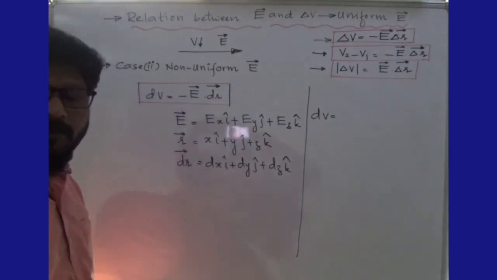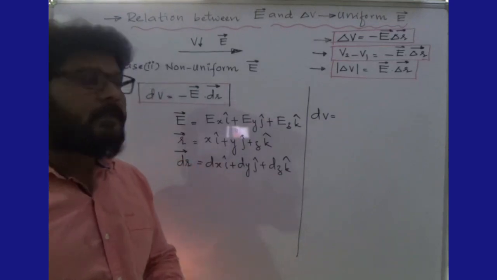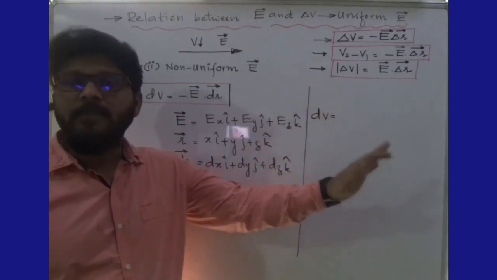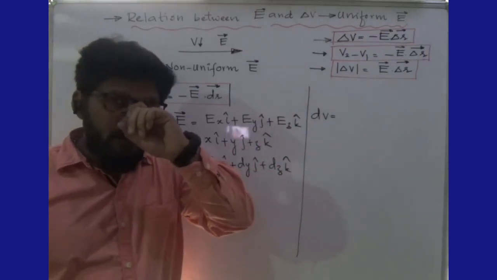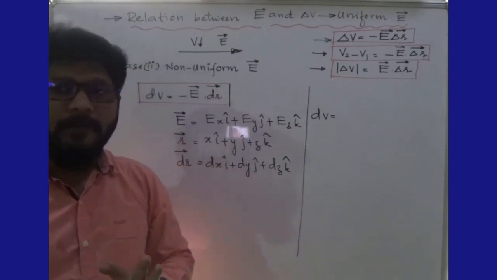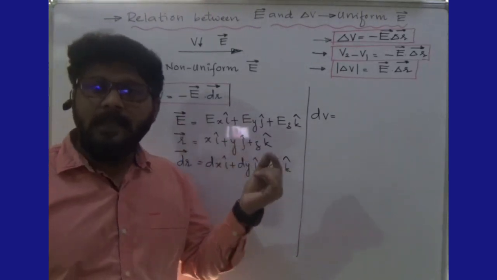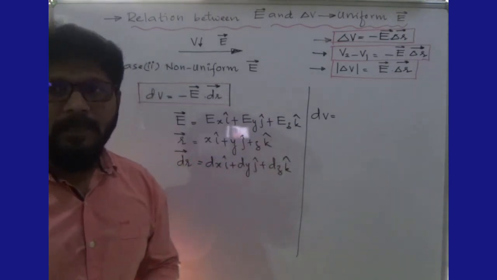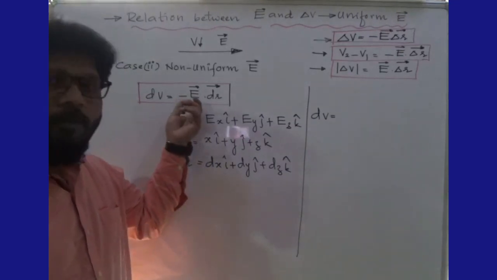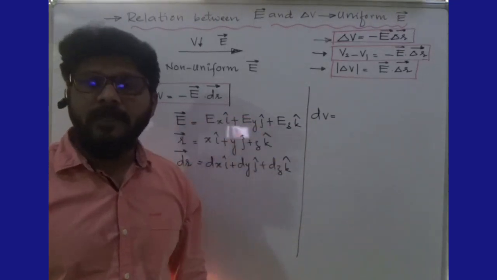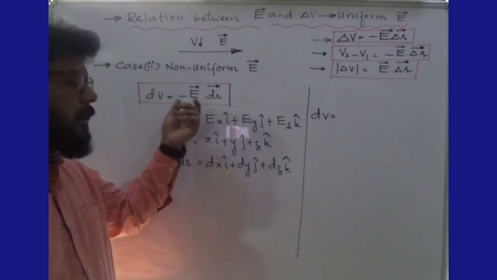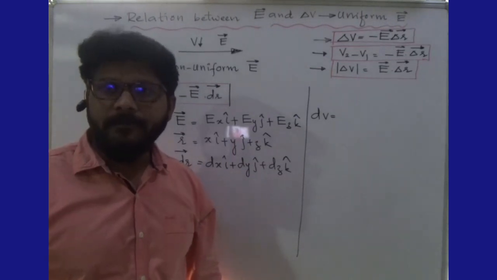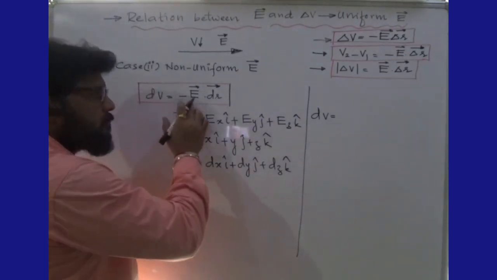minus. One should have a very clear idea that this negative sign, when we are moving a charge from one point to another point, indicates we are moving against the electric field. This negative sign indicates the direction, that we are moving the charge against the electric field direction. That's all. There is no meaning with respect to magnitude. So whenever we do calculations, we take only the magnitude of E, not the negative sign. The negative sign gives only direction. That's all.